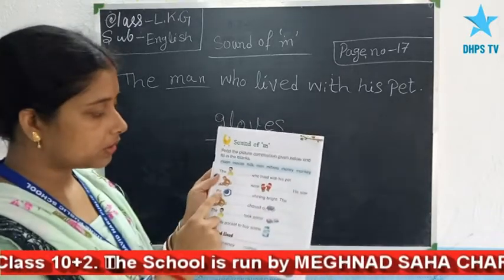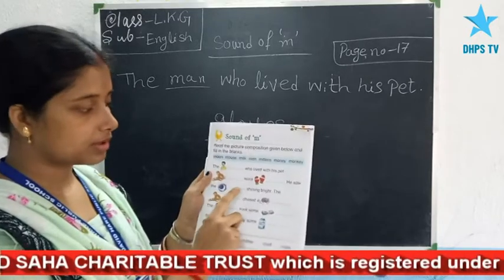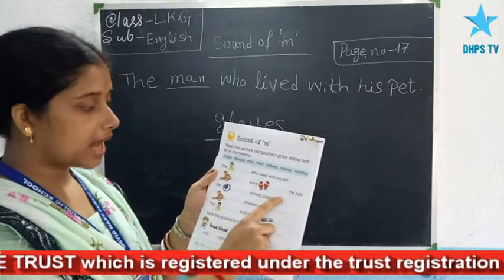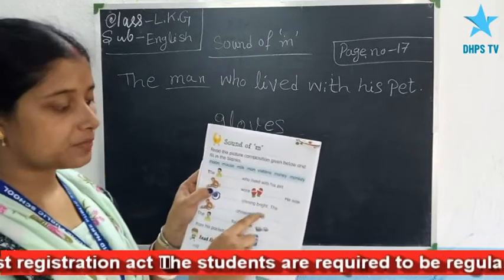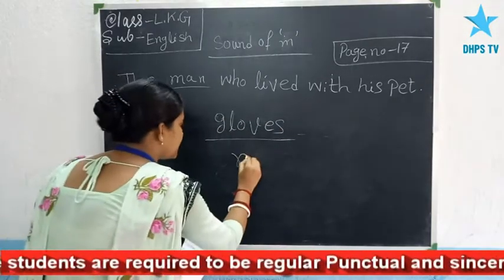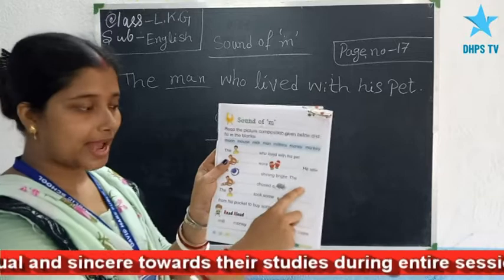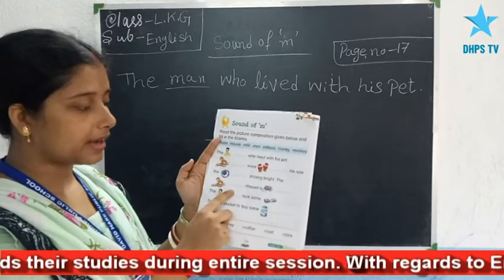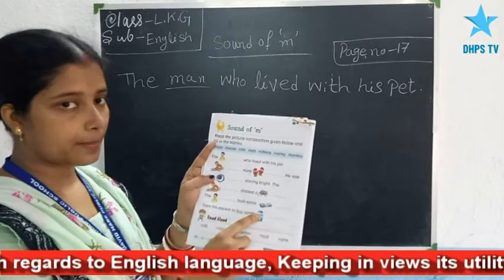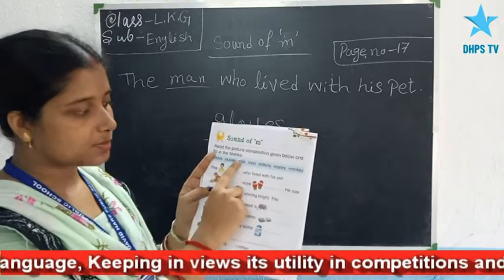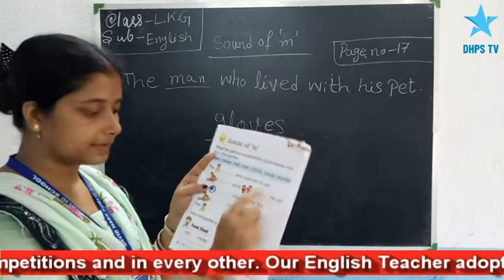Then he saw the moon. Moon spelling M-O-O-N, moon, shining bright. Then again the monkey chased a rat. This is a picture of a rat, and rat spelling is R-A-T, rat. So just write here rat. Then again the man took some money from his pocket to buy some milk. You can see here the spelling of milk, M-I-L-K, milk, and money spelling is M-O-N-E-Y, money.